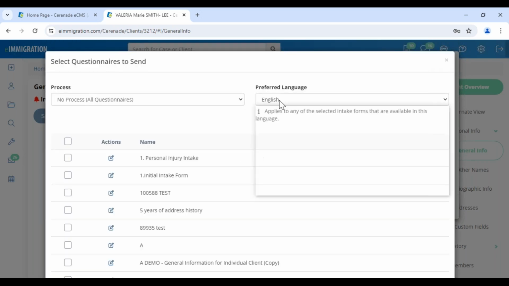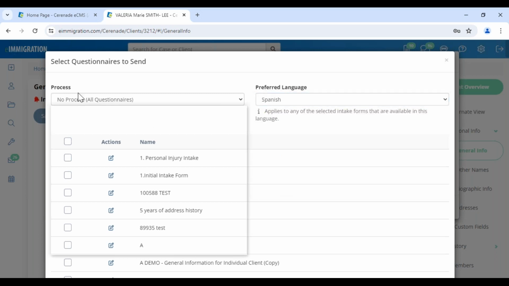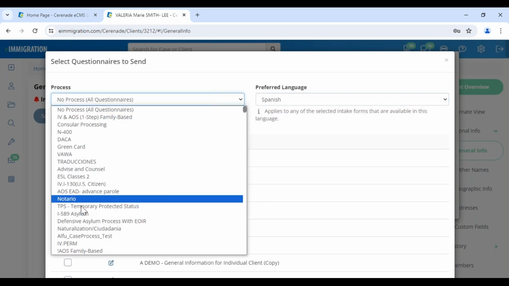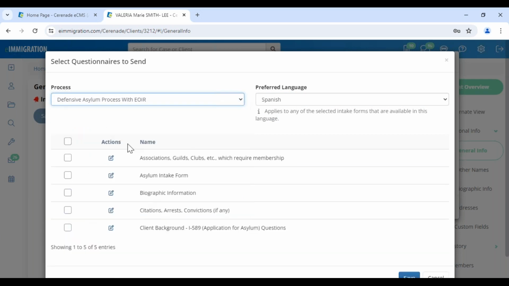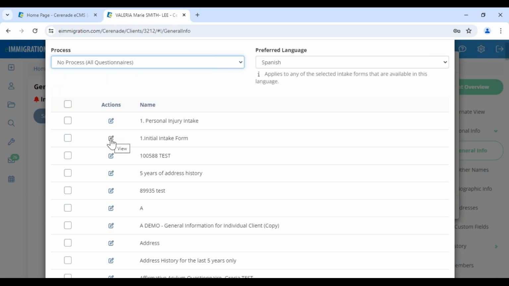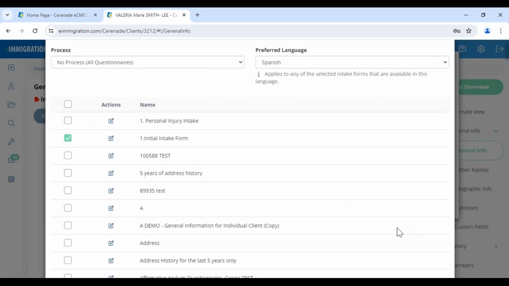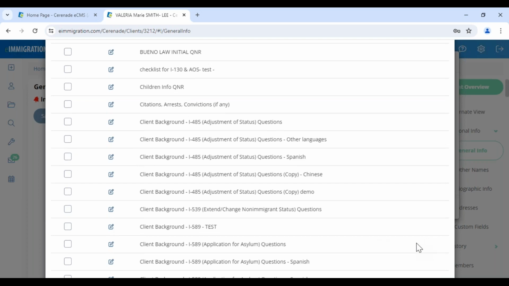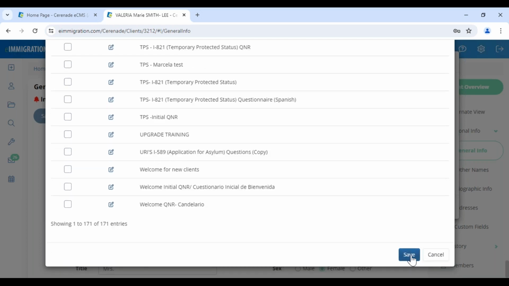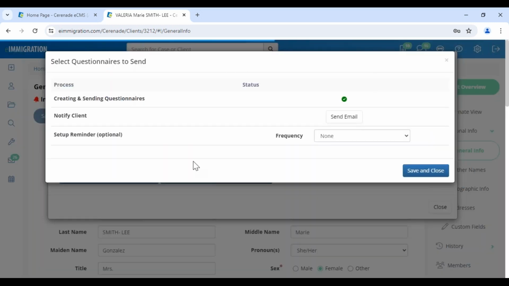I'm going to choose that one and select if the client has a preferred language. I'm going to select if I already know what type of service they need. And of course, I can choose the questionnaire by process, or all the questionnaires can show up here by default. If I need a preview, I can click here to preview the questionnaire. In fact, I can print it if needed. I'm going to select the questionnaire and click. I don't think I can send this one because this one's also only available in English. But anyways,